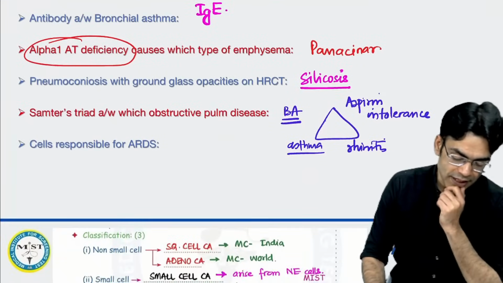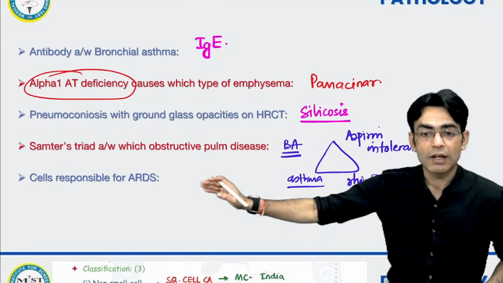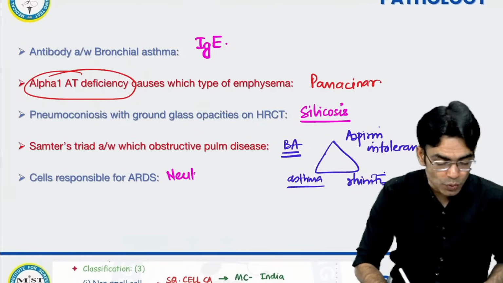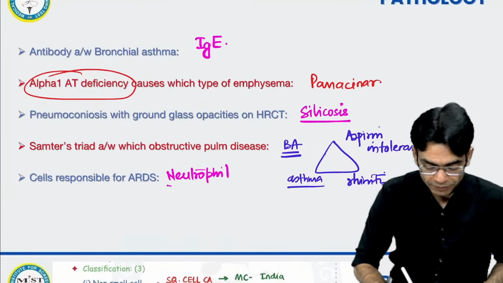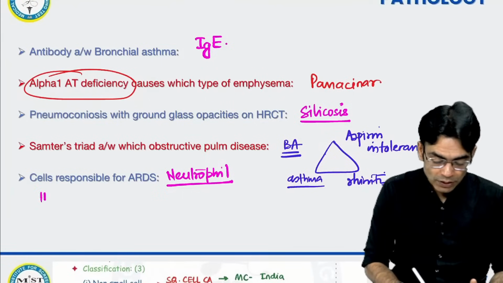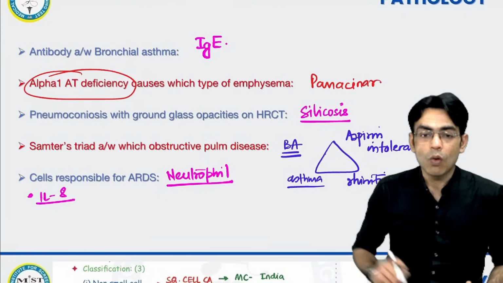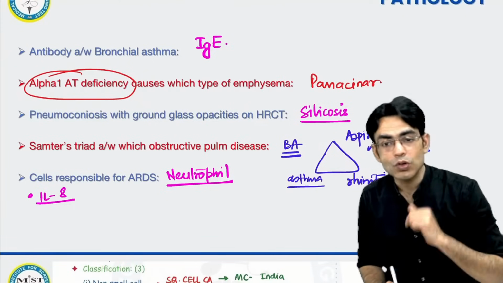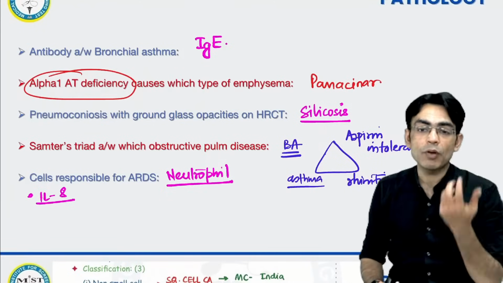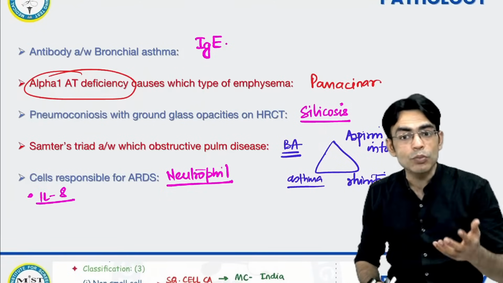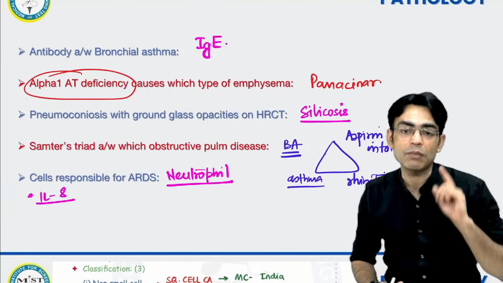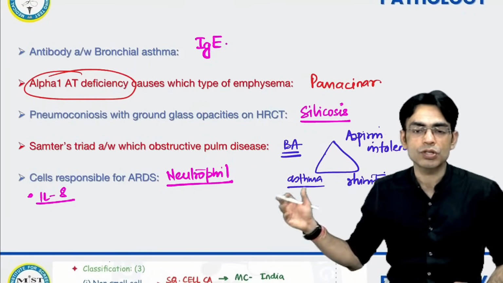Cell responsible for ARDS. ARDS के लिए cell कौन सा responsible है बेटा? Cell responsible is neutrophil. Because neutrophil, देखो, अगर कोई आपसे पूछता है कि interleukin कौन सा होगा तो 8. What is neutrophil gonna secrete which is gonna cause all the problem? That's the enzyme protease, which is gonna damage. Which type of pneumocytes are going to be more damaged? That is type 2 because they are more in number. But surface area wise, which is going to be damaged more? Type 1. Okay. So this is ARDS.